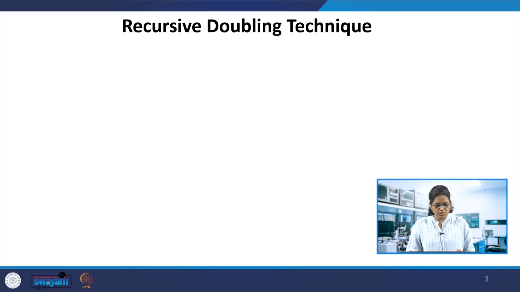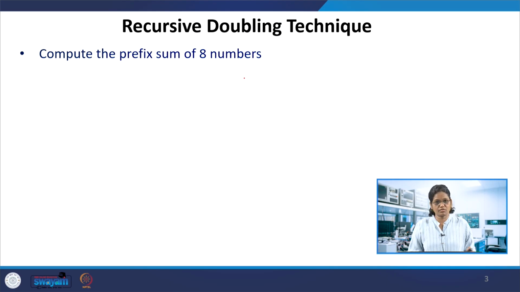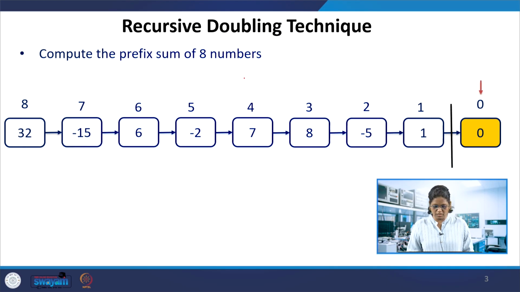Yes. One procedure which can be used is this recursive doubling technique to compute these prefix sums. To compute the prefix sum of 8 numbers, we take the numbers coming in: data 1, 2, 3, 4, 5, 6, 7, 8.